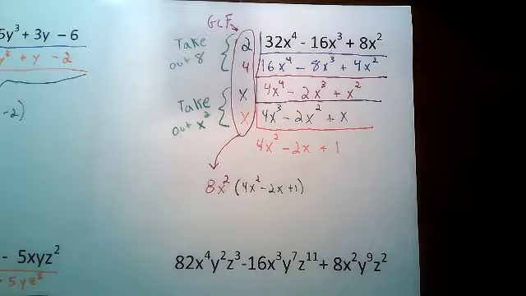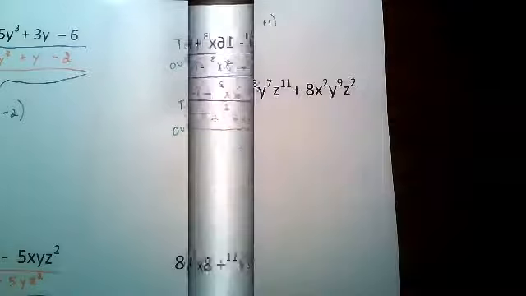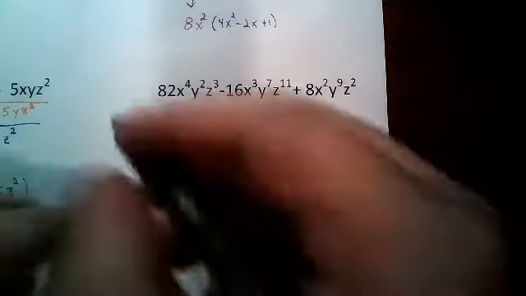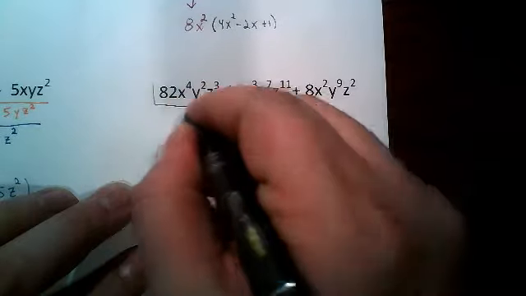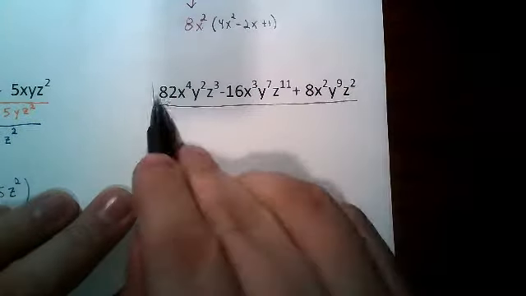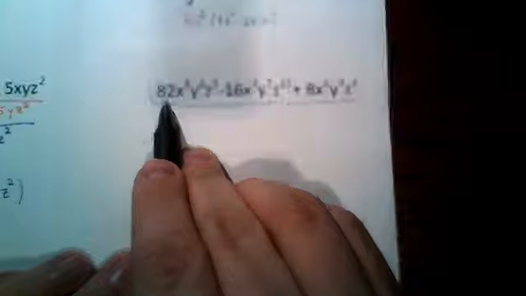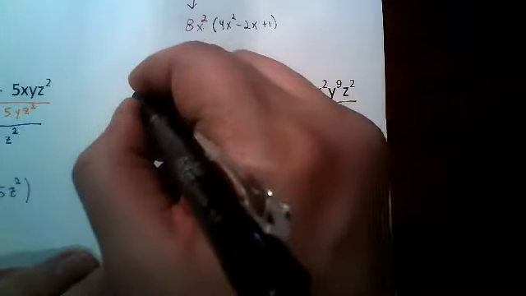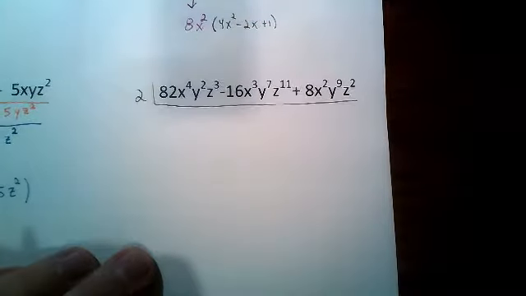And I'll start the last one and then you'll finish it. And I've got example problems for you to do as well. So here's my next polynomial. And I want to start taking out greatest common factors. So I do my upside down division symbol. And I notice that I've got, as a number, 82, 16, and 8. Those are all even, so I can take out a 2. And I'm left with